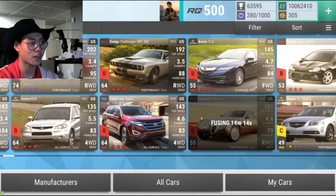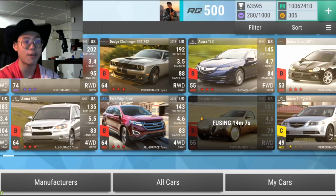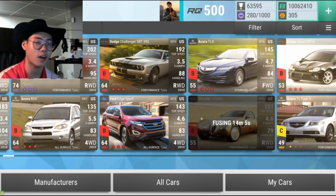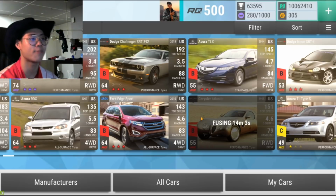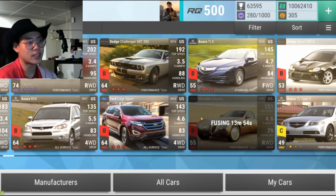Moving on to the Ultra Rare collection, I have 6, and 5 of them are max. Now, if you remember, I used to have 7. I had another Chrysler Concept, I think it was also RQ55, and I got it from my Elite Pack. I fused it. It's gone. It's so ugly, and I was like, you know what? I couldn't bring myself to maxing out something as hideous as that, and I'll talk about that in the American